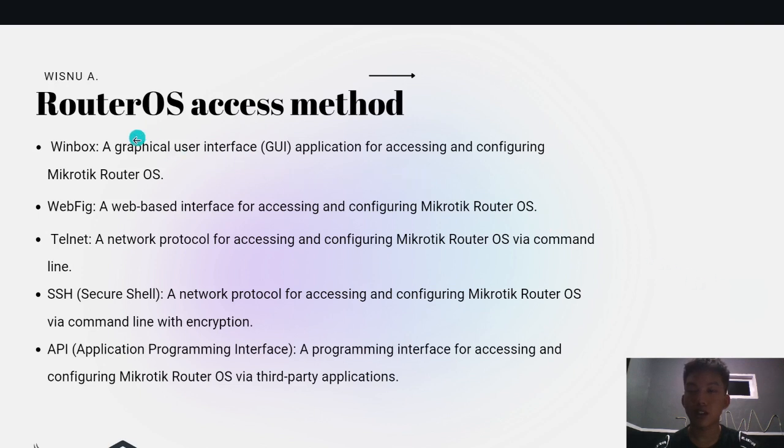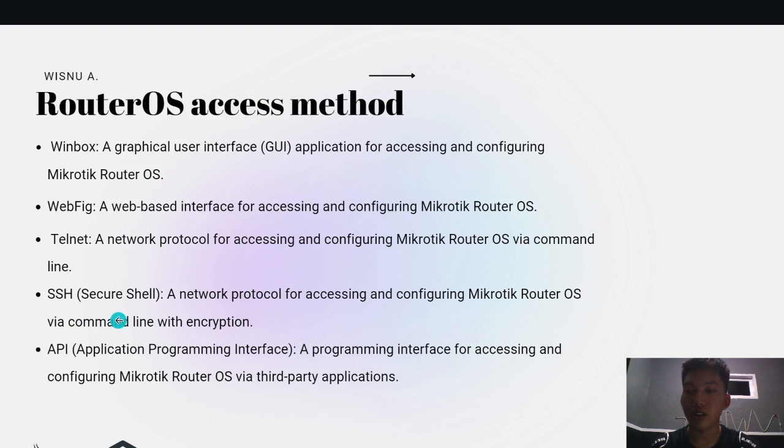The first is RouterOS access methods. Winbox, a graphical user interface or GUI application for accessing and configuring MikroTik OS. Next, Webfig, a web-based interface for accessing and configuring MikroTik OS. Next, Telnet, a network protocol for accessing and configuring MikroTik OS via command line.